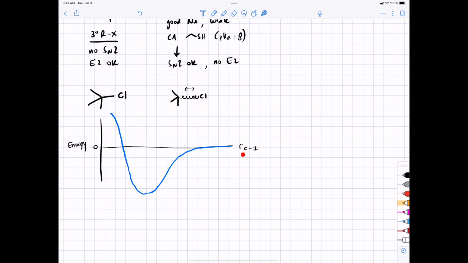So again, as we separate carbon and iodide infinitely, there's no interaction. As we bring them closer together, there's a covalent bond that forms between the two of them. There's an energy minimum, and then you get to an energy maximum as you start to approach even closer because of electron-electron repulsion. And the actual distance between carbon and, I guess we'll change this to iodide, the actual distance between carbon and iodide